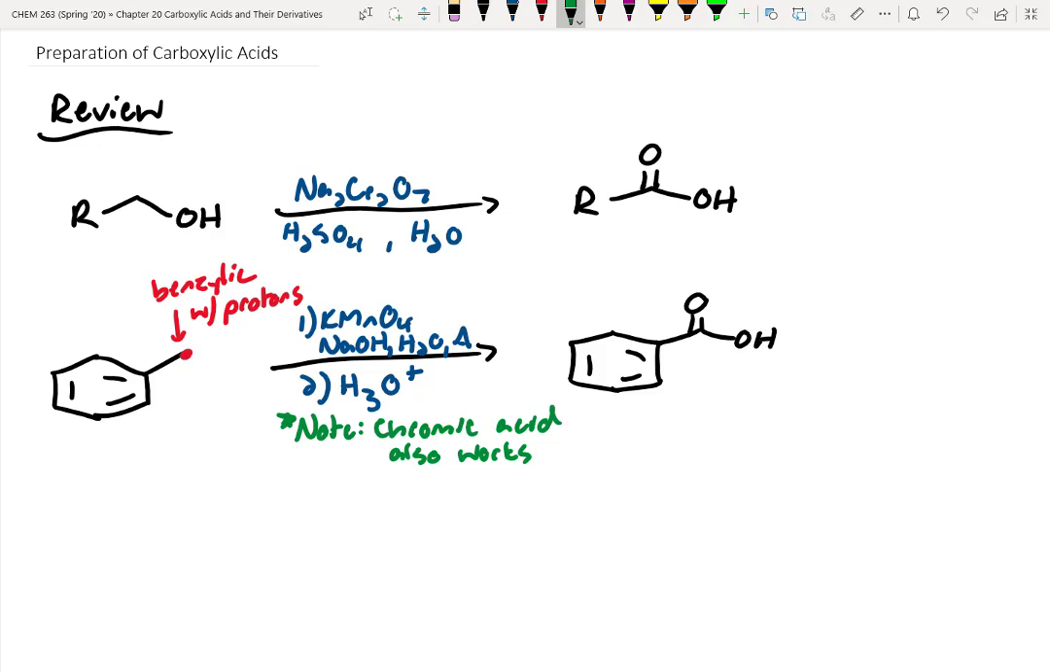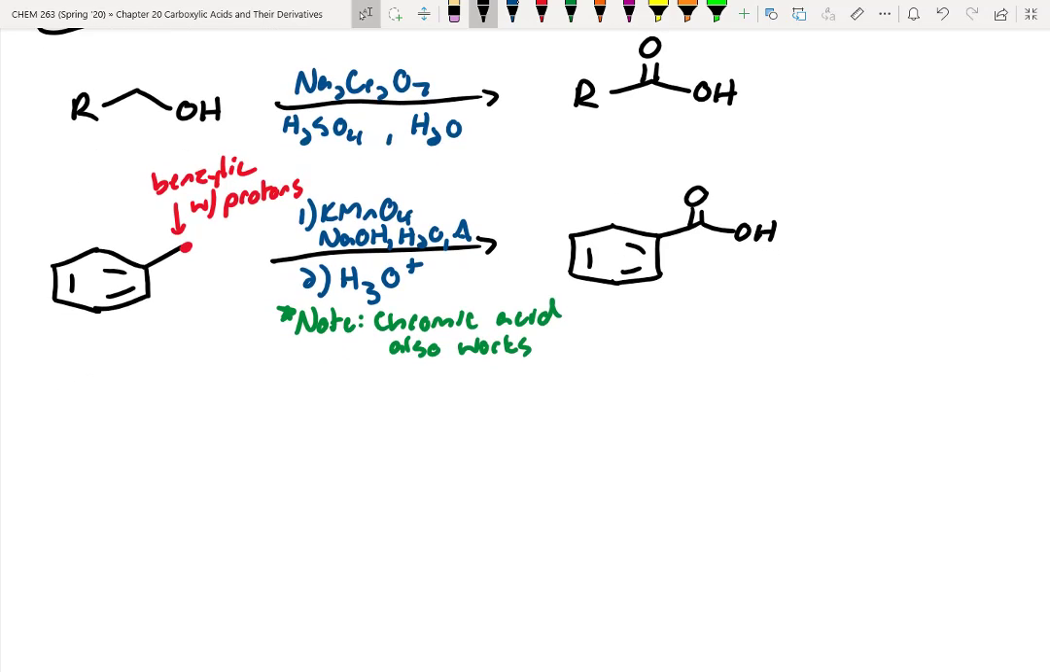More and more chemists are trying to get away from these chromium-6 based compounds, so if you can use potassium permanganate, it's usually preferred. All right, so that's another method. We also saw that we can make